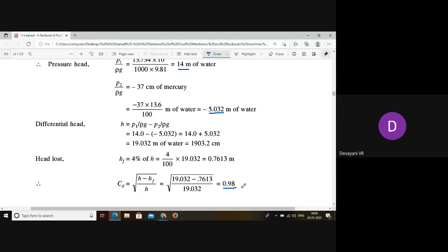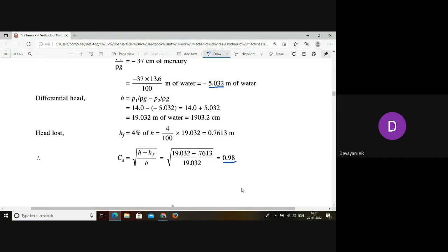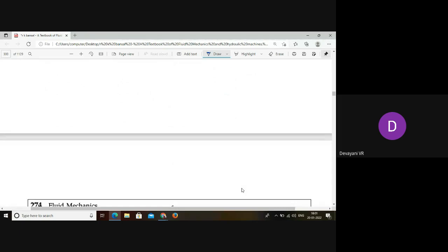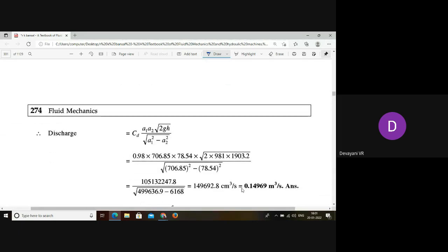Now we have all the values, right? The area at inlet, the area at the throat, the coefficient of discharge, and also the head of water flowing through the pipe. Now we can calculate the discharge flowing through the pipe as Q equals the coefficient of discharge into the theoretical discharge, that is Q equals CD into A1 A2 root 2gH by root of A1 square minus A2 square. We know the CD value 0.98, and we have calculated the value of A1